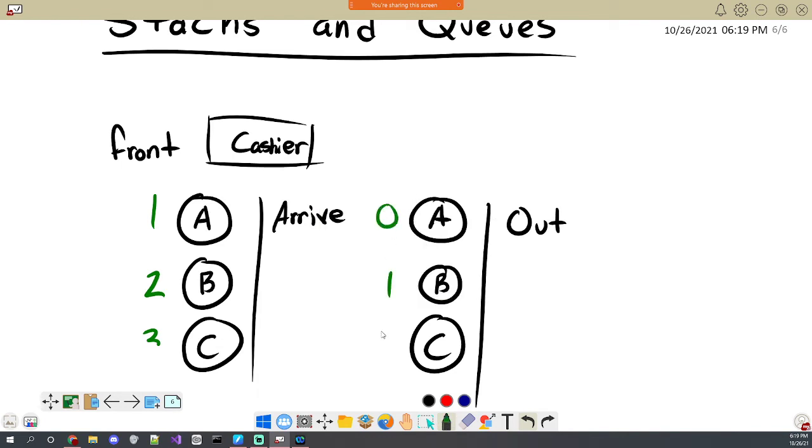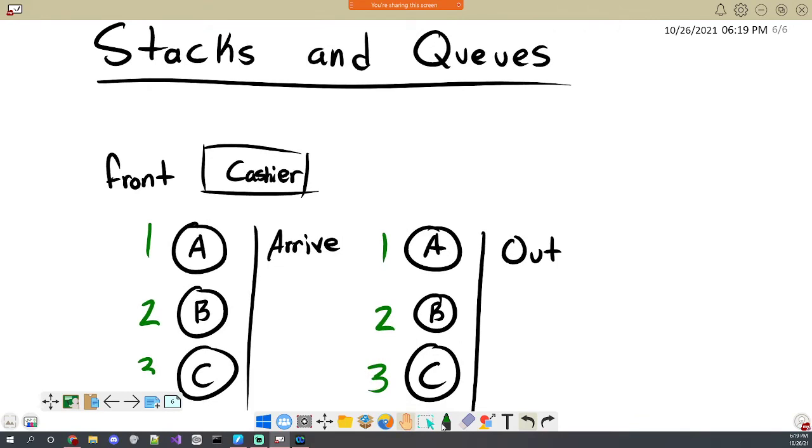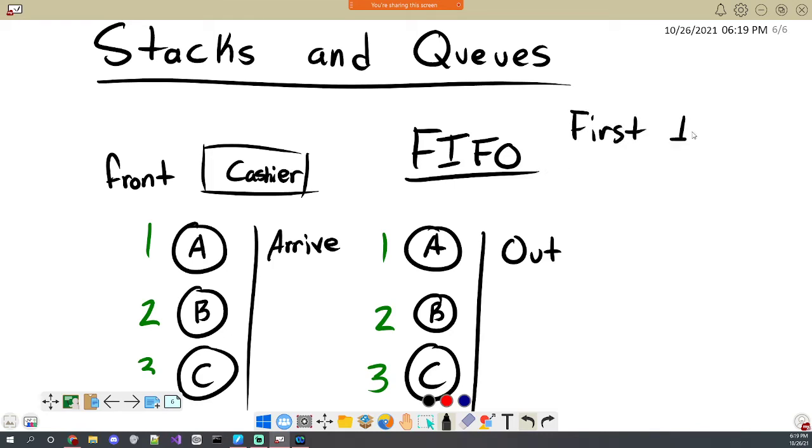Right, so that's a common sense way to approach this, right? First person who shows up is the first person to get served. In other words, it's first come, first serve. So the term we use for that is FIFO, which stands for first in, first out.